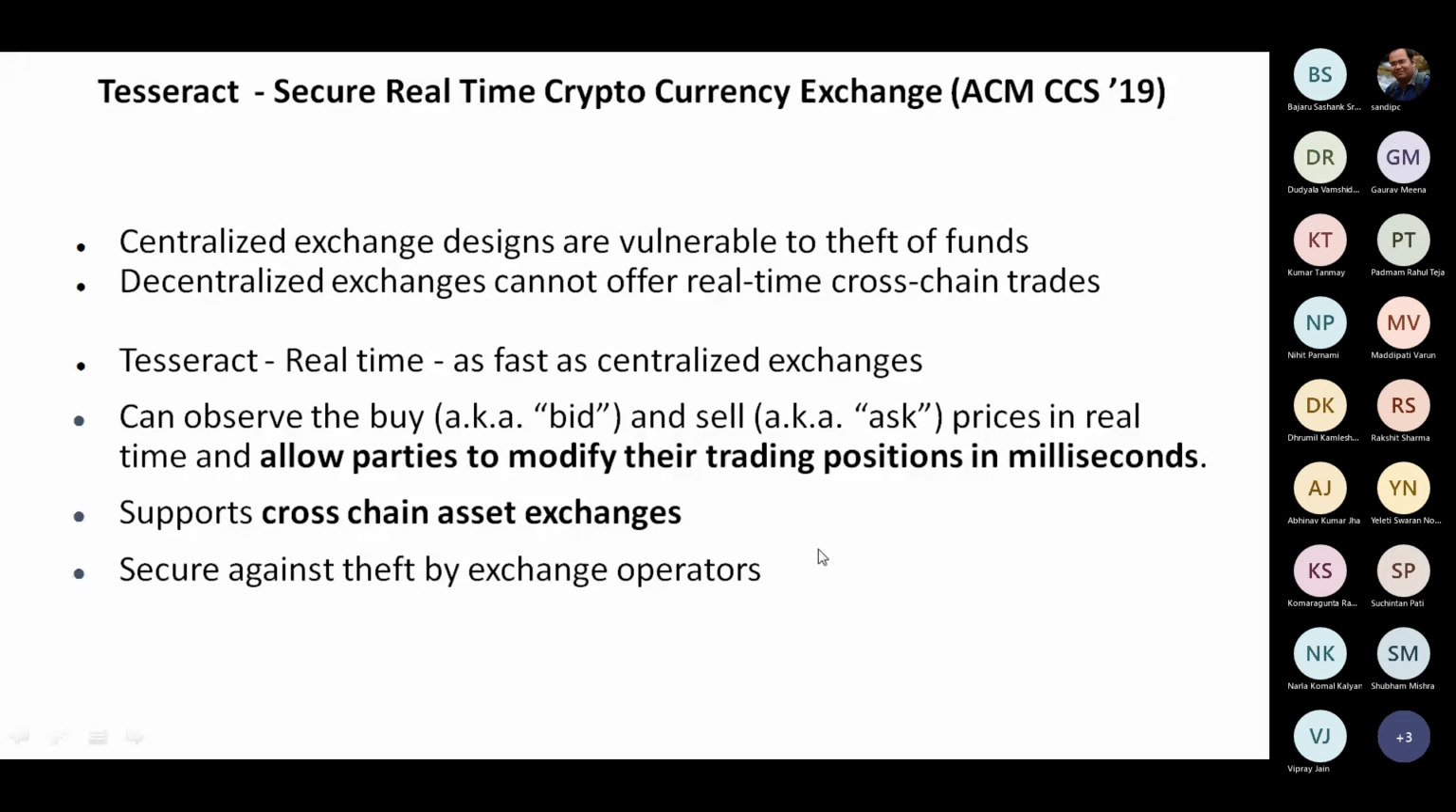So today we will wrap up our discussions on security issues in blockchain. And the topic that we are going to cover today is secure real-time cryptocurrency exchange. And we'll see how it makes use of certain special hardware security features to have a secure implementation of cryptocurrency exchanges. As we have discussed before, centralized exchange designs are usually found to be vulnerable to theft